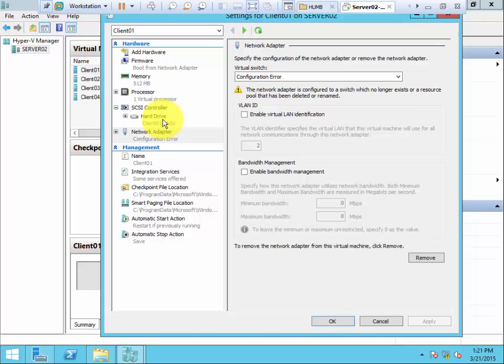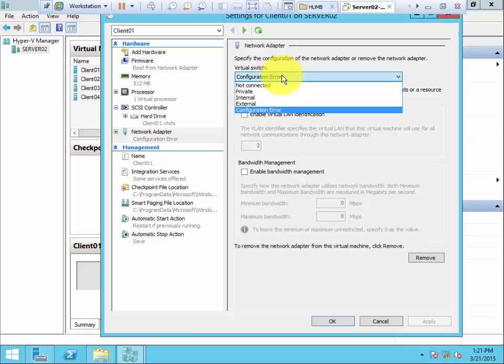I would recommend doing the same thing for the third one as well. So in your case, it's showing external because I deleted that. So that's why there's a configuration error. Right click this machine, network adapter, and we're going to select to connect it to any network according to the settings